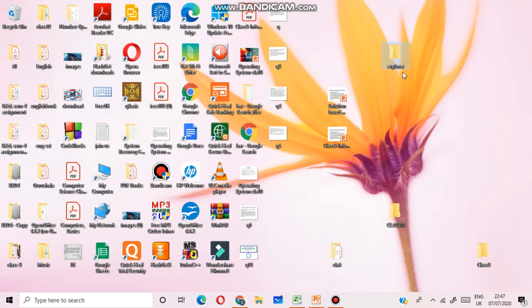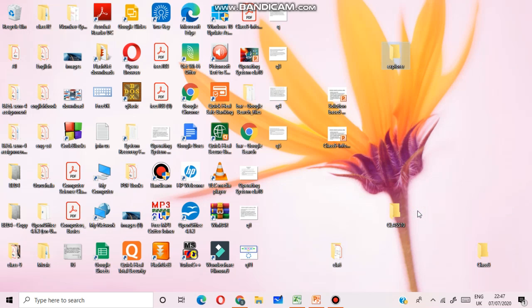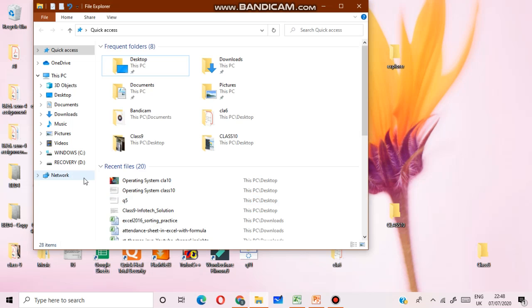Then suppose you want to save this folder in any other drive, meaning any specific drive. Cut this folder or copy this folder, and go to that particular drive. Suppose you want to save this folder in D drive.